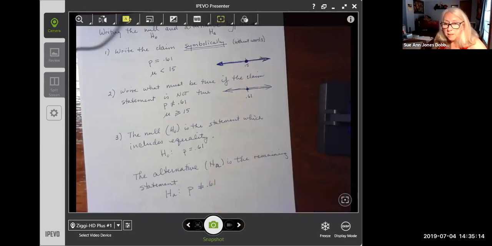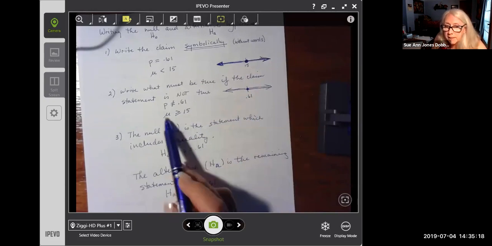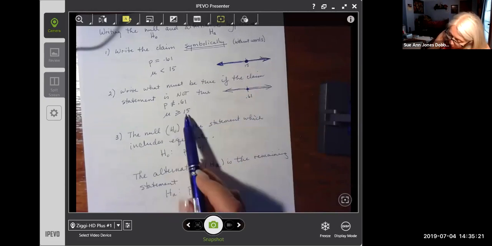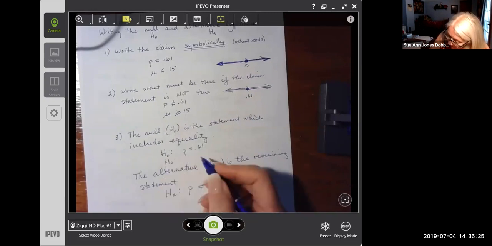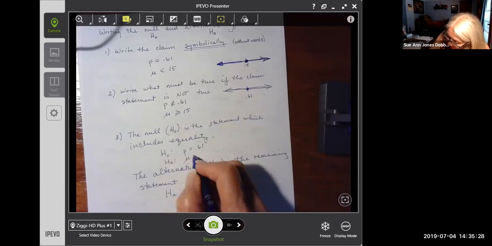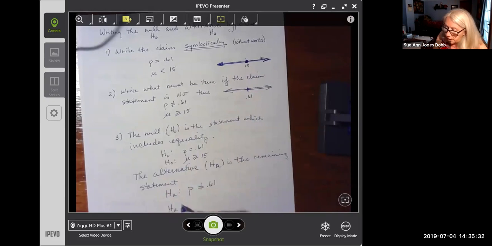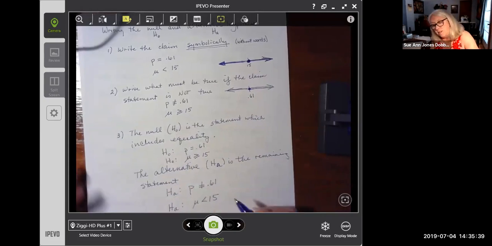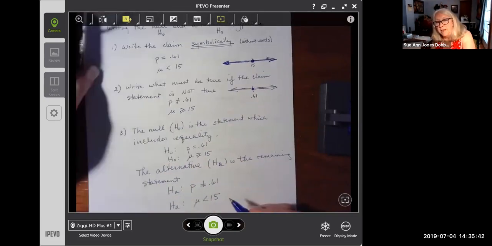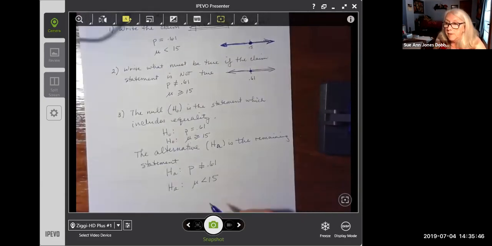Okay, so in this case, the equality is here in this second statement. So for that claim statement, the null hypothesis is that the mean is greater than or equal to 15. That leaves the first statement to be mean less than 15. Now, I can't overemphasize that you have to get this right, for lots of different reasons, but you're going